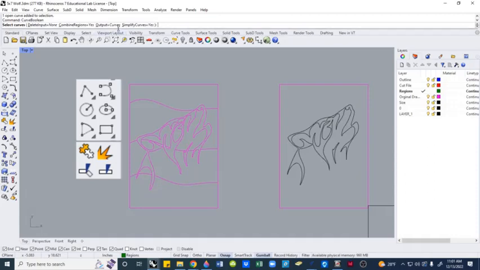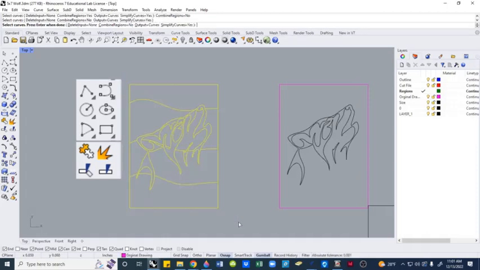What we want to do is where it says combine regions, click that so it says no. Now I'm going to select everything. I'm done selecting, so I right click. Now it says click inside the regions you want to keep. I typically do